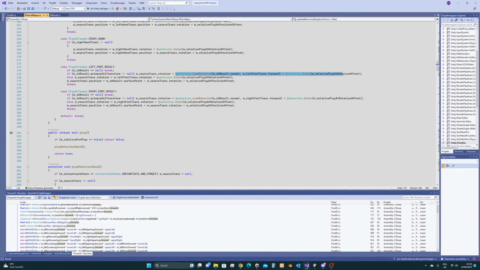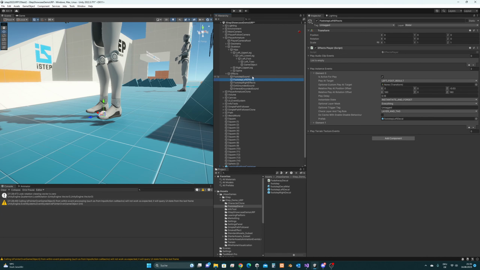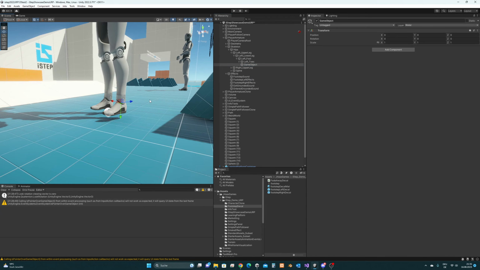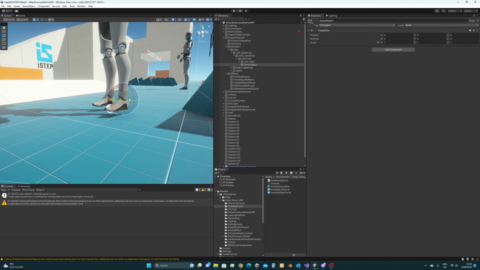And the rotation, these lines of code here will do the following. They will look in the direction of the normal, and the upwards vector will be the forward vector of our left foot in this case. So what does this mean? So our game object is going to look at the same direction as the normal. So this means